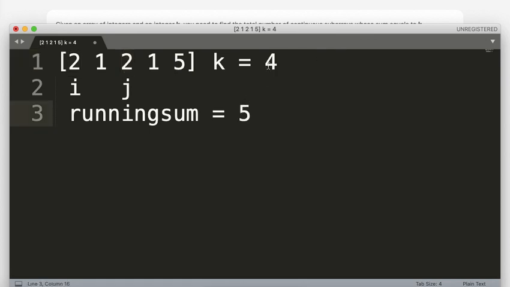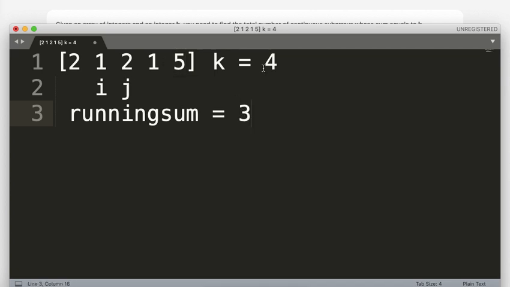So this is not equal to k, right? So I won't do anything to the count, but this is greater than k, so I'll reduce the size of the window from the left. So this i goes here, and I'll subtract this element. It became 3.